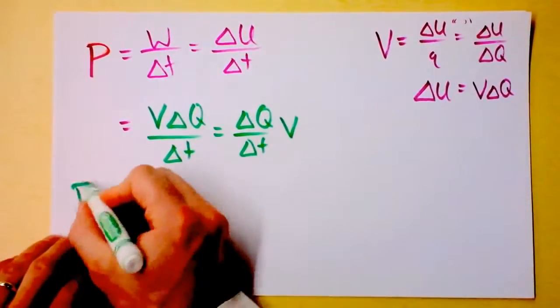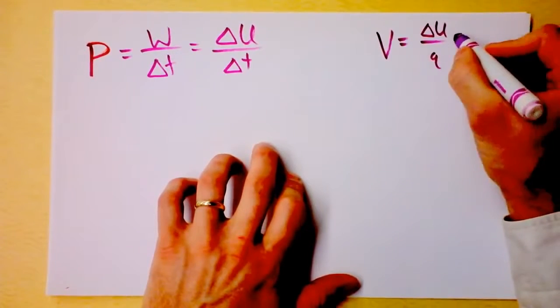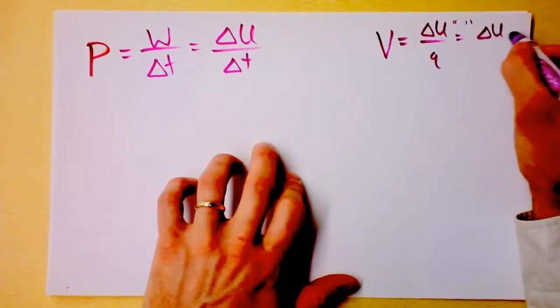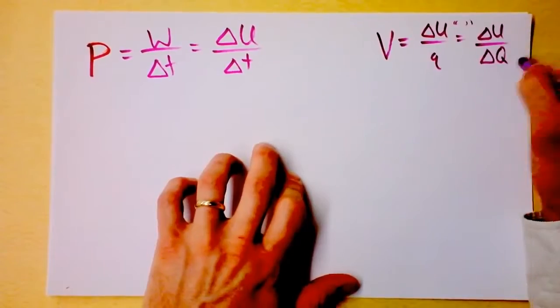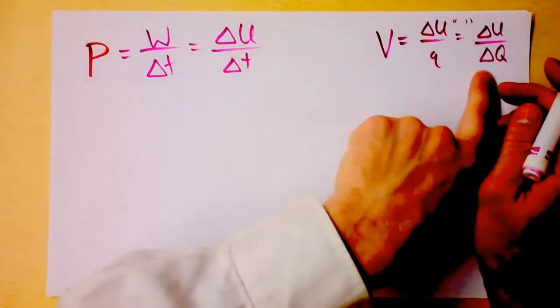So this says that power is voltage times current, by saying that voltage was change in energy divided by charge, and this is sort of the same thing, I'll put this in quotes, as change in potential energy divided by some charge that's passed through some area. So I suppose that's pretty reasonable. I'm going to take this over